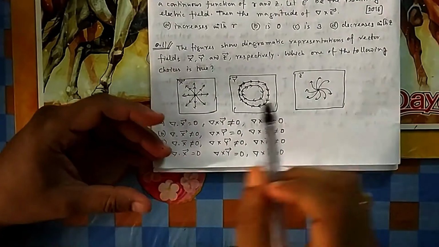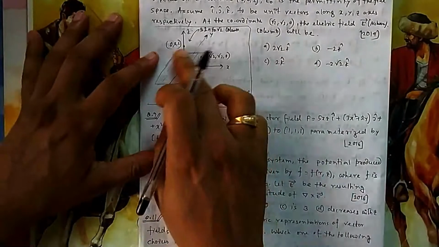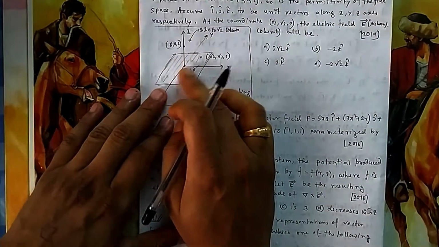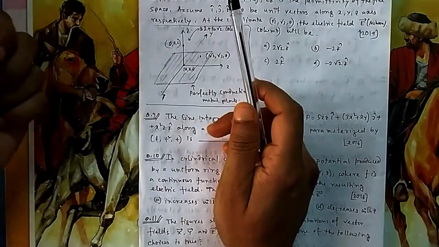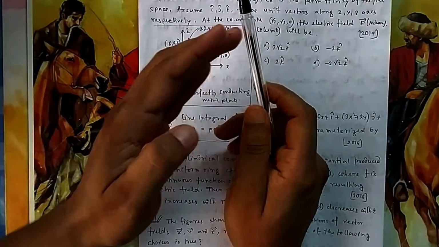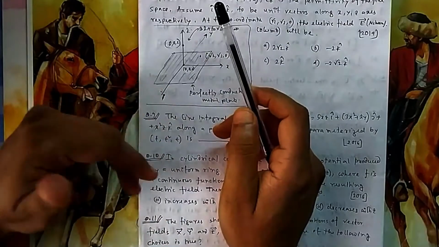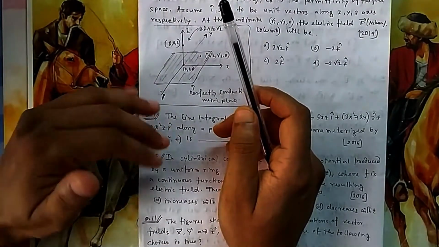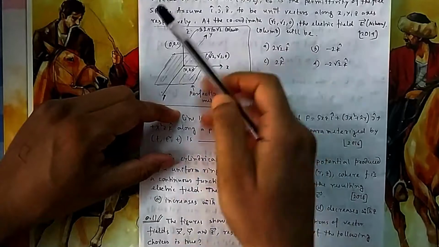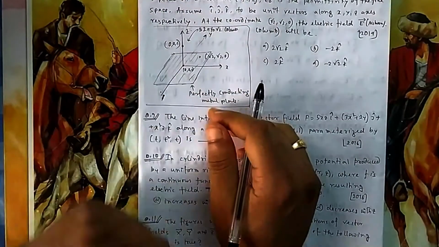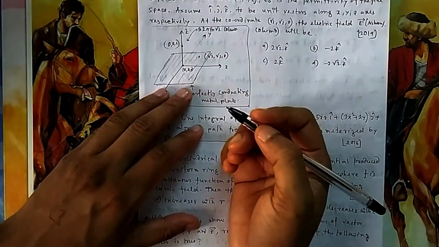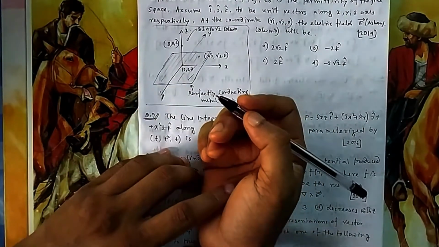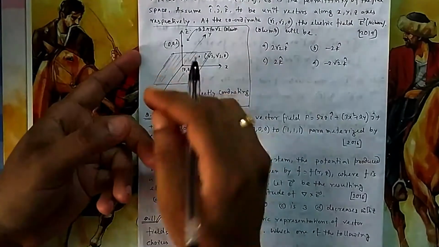Because it is perfectly conducting material, if you move along this path there will be no change in the potential. So what will be the electric field? You know from the concept of the gradient, if I move along the gradient then there is the highest change. If I move at 90 degrees to the gradient, then there is no change. You are at the level surface. I have explained it in what is the meaning of gradient. So electric field is nothing but the gradient of the scalar potential. That we have seen in the first question itself in EM theory.